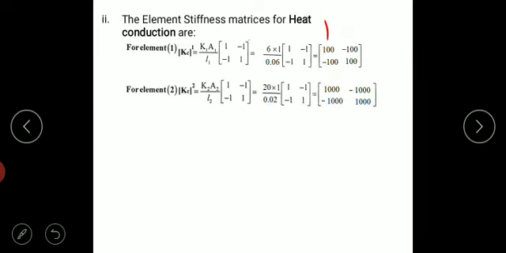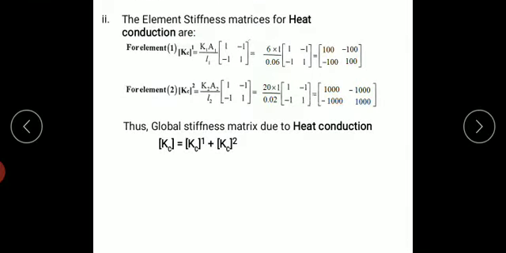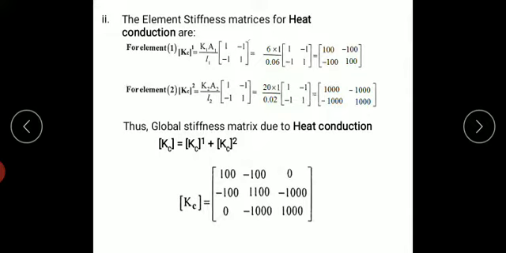So next we shall move on. The global stiffness matrix that I got is Kc, the stiffness matrix as it is, but at the point 2 comma 2, it is 100 and 1000, so it becomes 1100 at the center. Only that is going to add, the remaining things stay as they are, and wherever I don't have numbers, for the first element I don't have a node 3, so the 1 3 entry becomes 0. For the second element I don't have node 1, so the 3 1 value becomes 0.